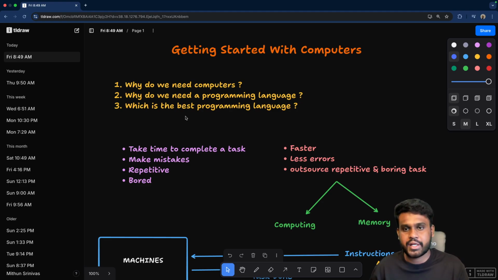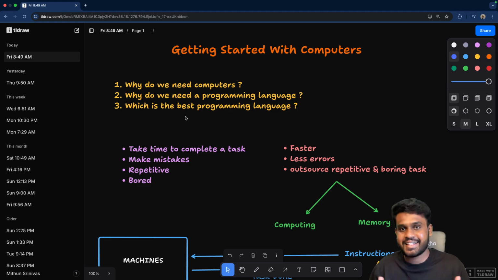Same if you are working in one arena. Let's say you are working with web development, you need one programming language. If you're working with app development, you need one programming language. You are building AI systems, you need one programming language. There will be multiple options. Again, in software, everything is a decision, a choice you make. You will have a list of options which bring their own advantages and disadvantages, and as a developer you will be making that choice. So don't wait to learn the best programming language.